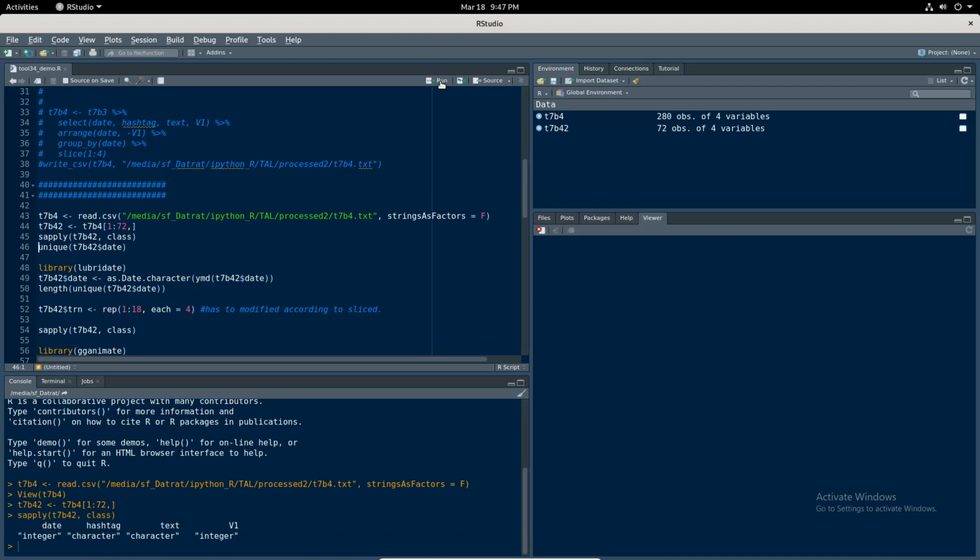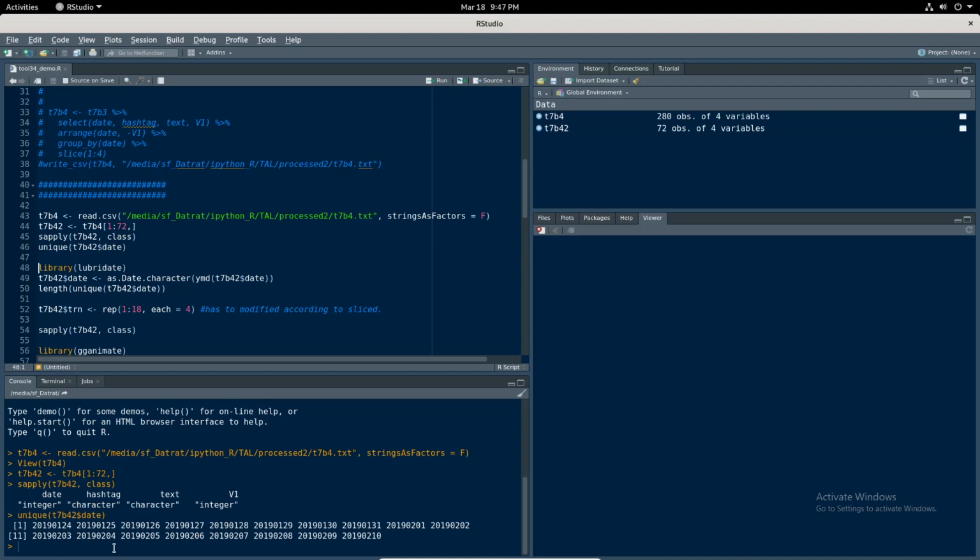So the dates we have are from 1st January 24th to 25, 26, 27, 28, 29, 30, 31st, then February 1st, 2nd, 3rd, 4th, 5th, 6th, 7th, 8th, 9th, 10th. So these are the date slots.